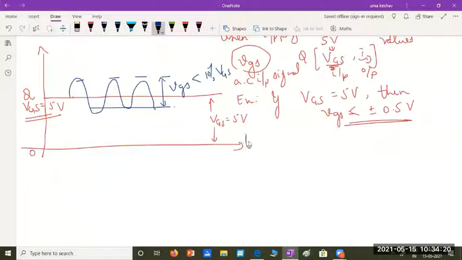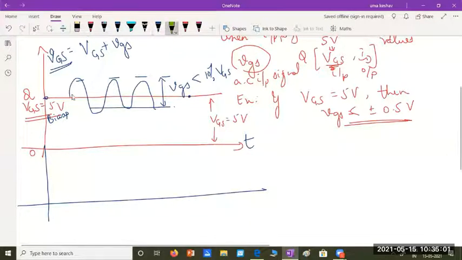Is this clear? So showing in terms of waveforms, this is how we are representing. I can write it as small v and capital GS, which includes, please remember, DC plus AC. Always instantaneous or total value is the sum of DC value plus the AC value. Is that clear? That's why we need to bias. Setting this Q point is by biasing, and then if I give an input signal, I'll be able to get an amplified output. The output which I'll get will be amplified.